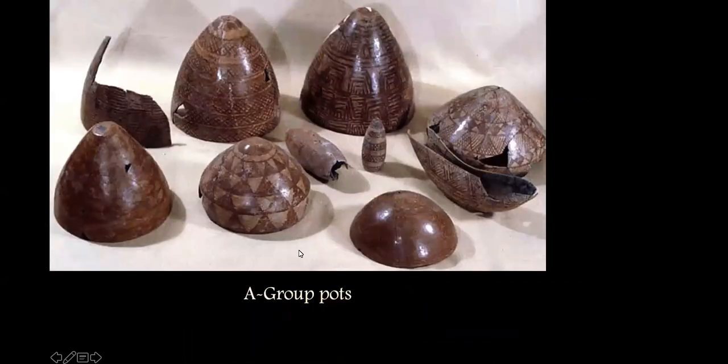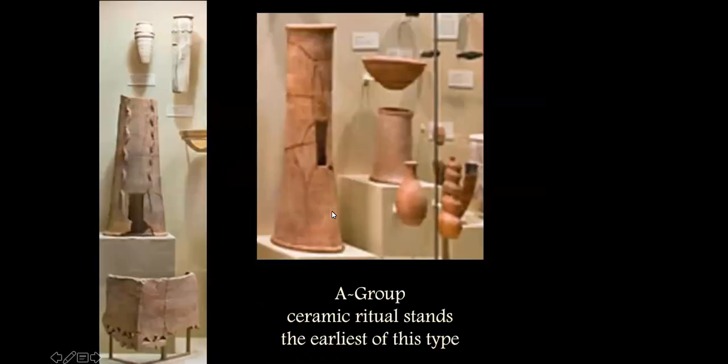Here's some examples that are just simply painted with ochre. This color is not true. It's a duotone, but that was what I could get. Now this is a really important piece because the A group culture has the oldest ceremonial clay stands that I